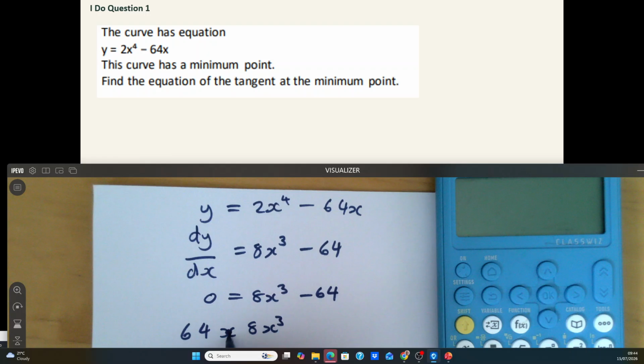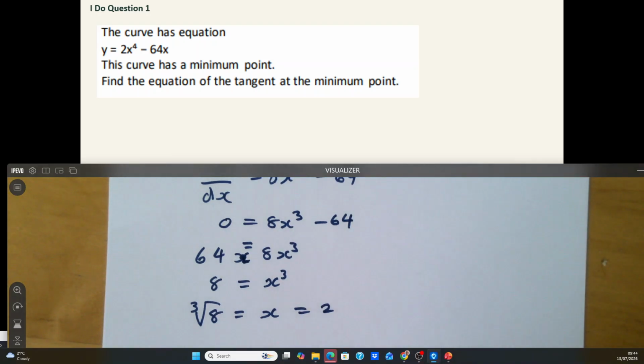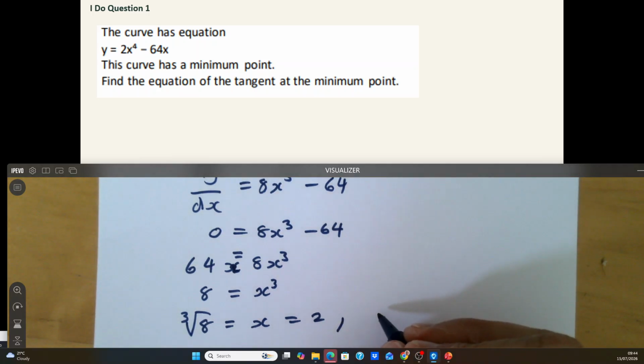8 equals x cubed, cube root of x cubed equals x, which equals 2. So we know if x equals 2, what is the y coordinate? We substitute this back in